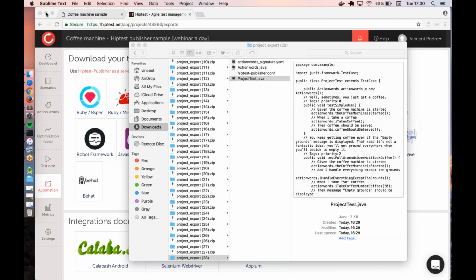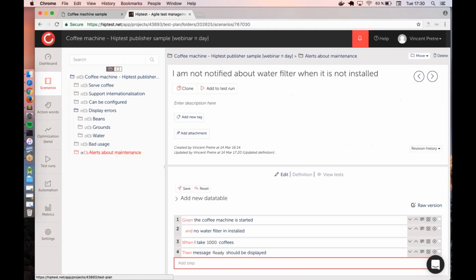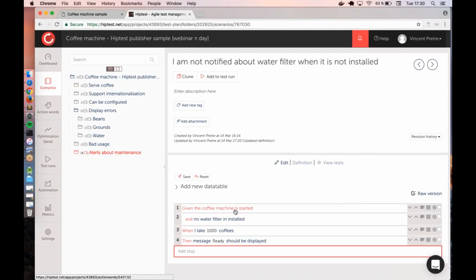So just to show in the scenario that I wrote during the previous demo, it was this one. Basically, this step was already automated, the third one and the fourth one too. And the only thing I had to do to get this scenario transformed to an automated test was to implement this new step that I added